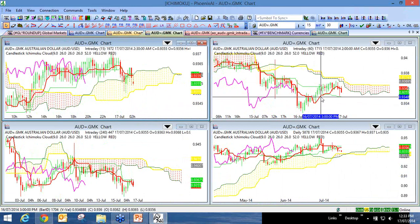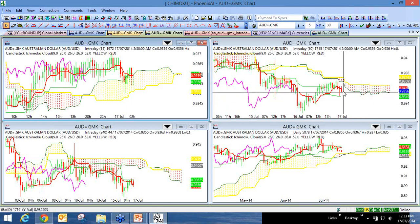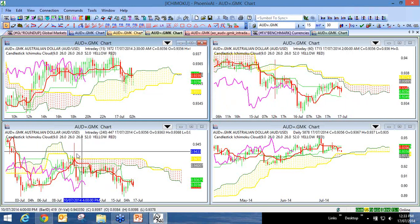You can also see in the 60-minute chart that the KIJUN Sen line, the green line, is currently setting itself up at 93.49, 93.50, about 5 pips away from the major support levels. So it may trade back to that area, but it's suggesting that there's quite a bit of support in different time frames coming up on this